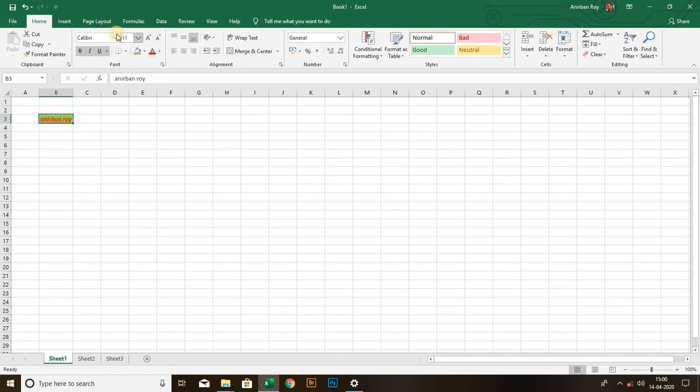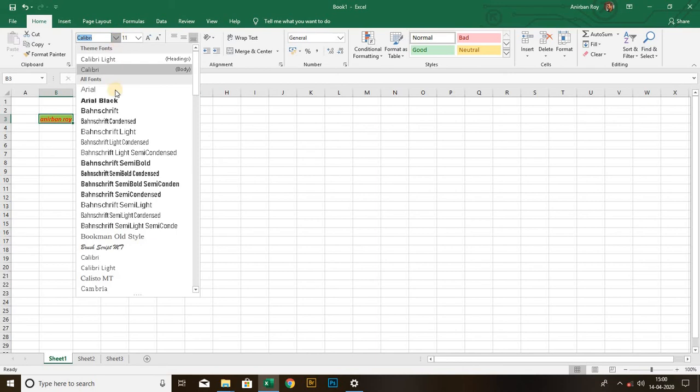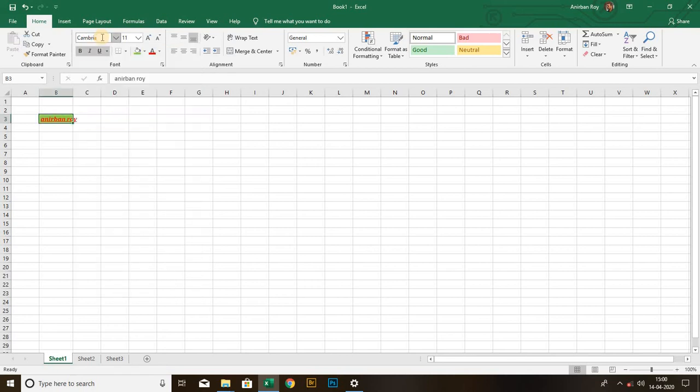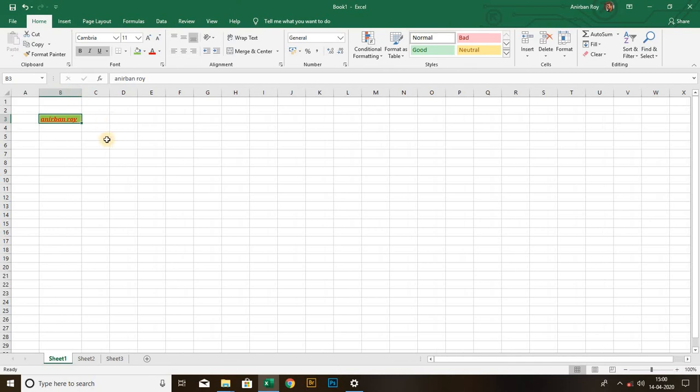Now the size and the font type. This is the font type, and I can make the font type whatever I want, suppose Cambria. Now press Enter, and this text became Cambria.